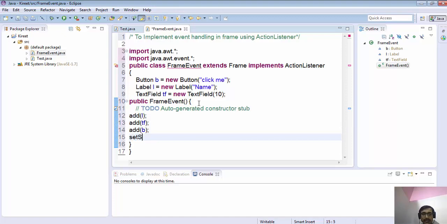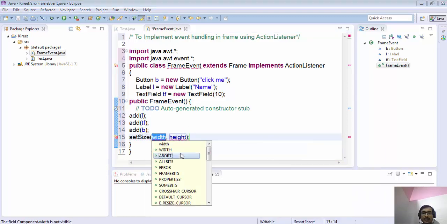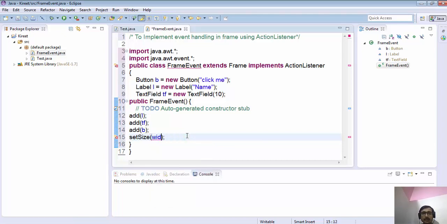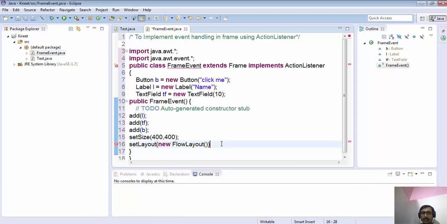We have to set the size, so we pass the dimensions, the width and height, which is 400 comma 400. We have to set the layout, and we'll be working with FlowLayout, and we have to make the frame visible with setVisible true.